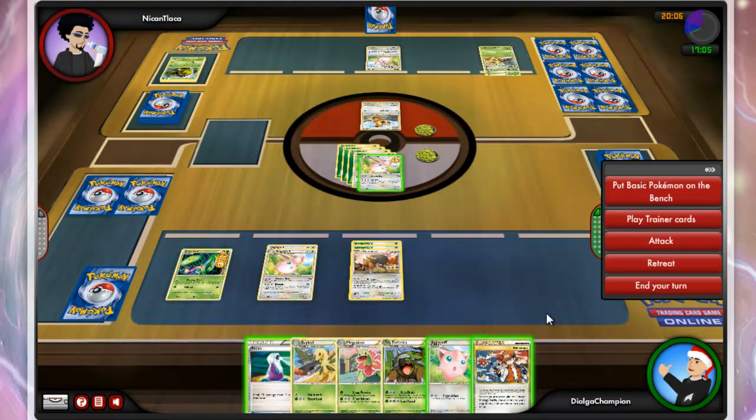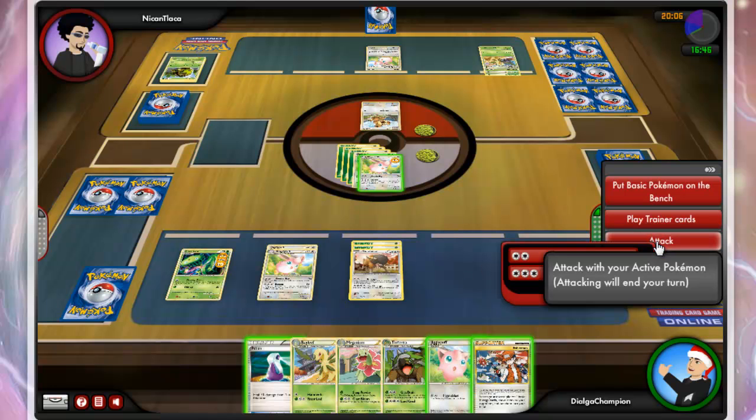And I just picked up my 3rd Jigglypuff. I only have 2 Wigglytuffs in my deck, so there's really no point in me playing it on my bench right now, because I won't be able to evolve it. My 2 Wigglytuffs are already on the field. So let's just go ahead and attack with...